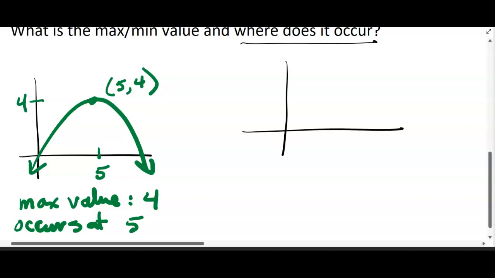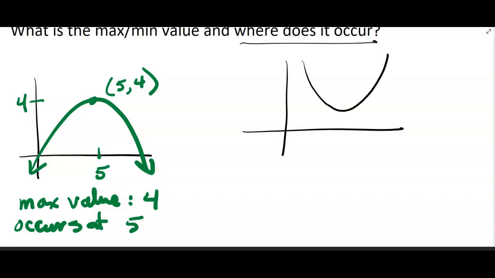Okay? Now, if you have another one like this, I'll try to do a better job on this one. So let's say you have a quadratic model that graphs to be something like that. And let's say this is 7 and this is 2. Okay? And let's say this is time. Let's say this is seconds. And let's say this is in feet. Okay? So right down here is the vertex. It's going to be a minimum,